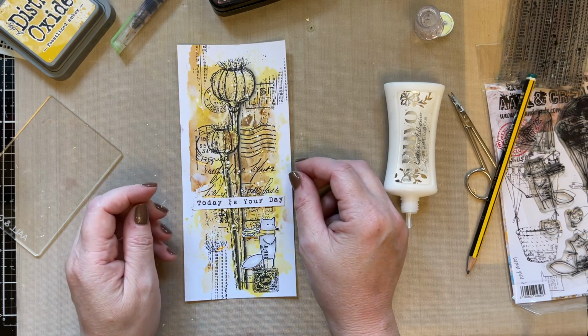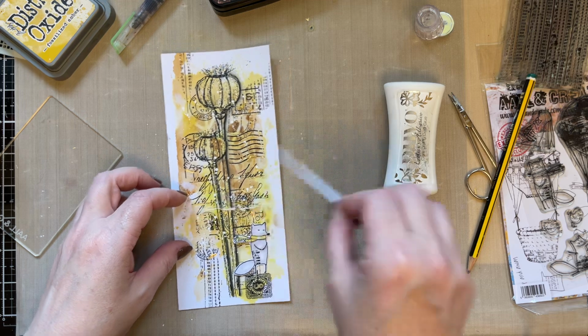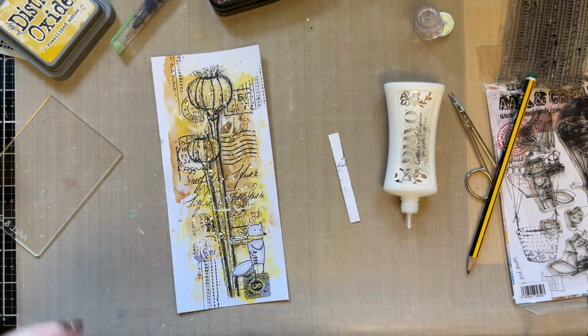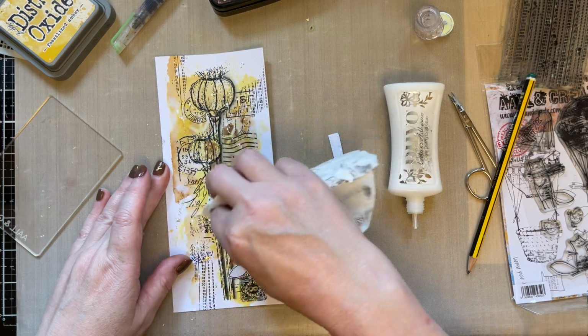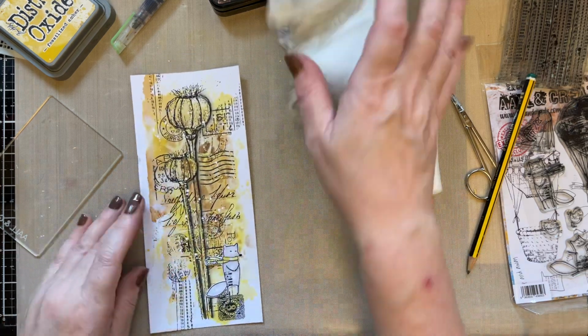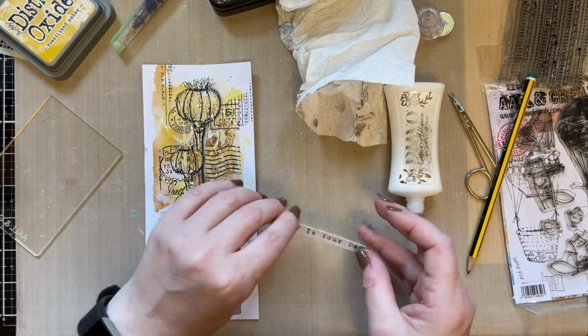If you wanted, you could also cut the sentiment out. You see, I've put that on there, and let me discuss something with you. I've put that sentiment on there. Let me just wipe that off. And what I'm thinking is,